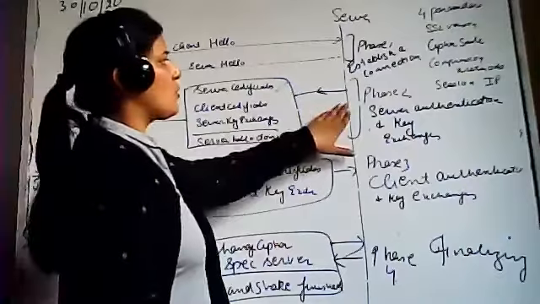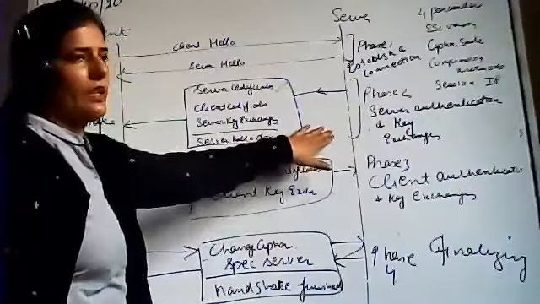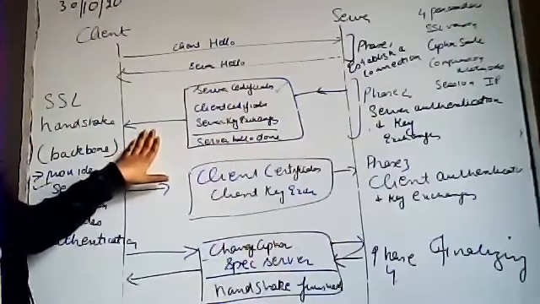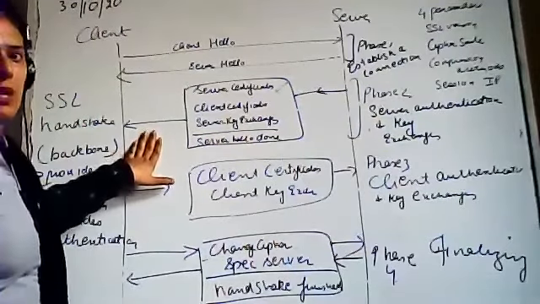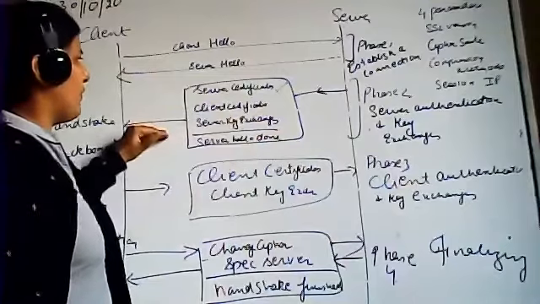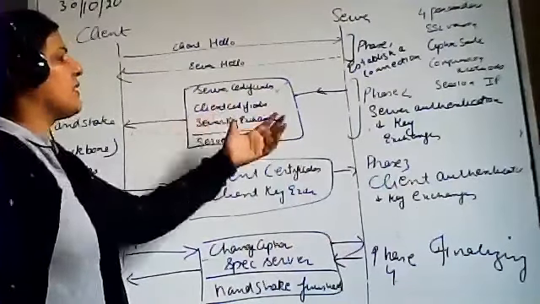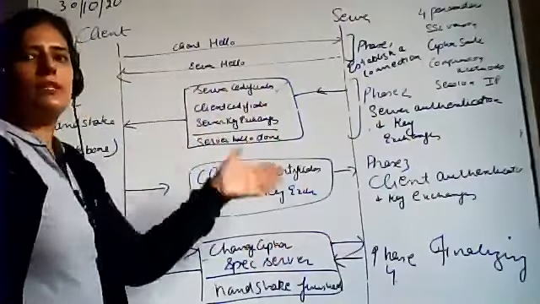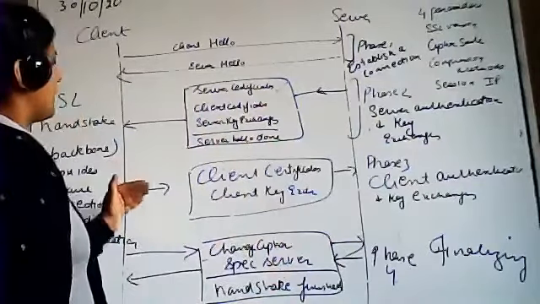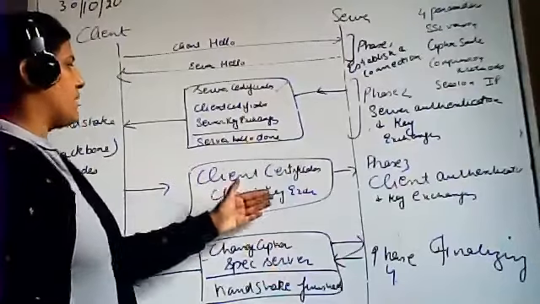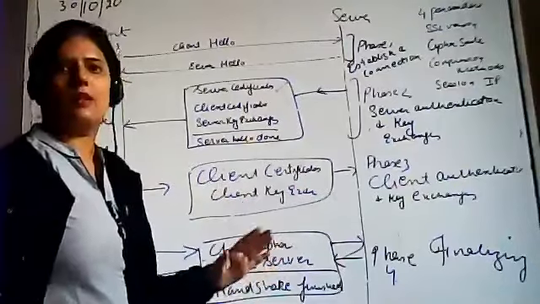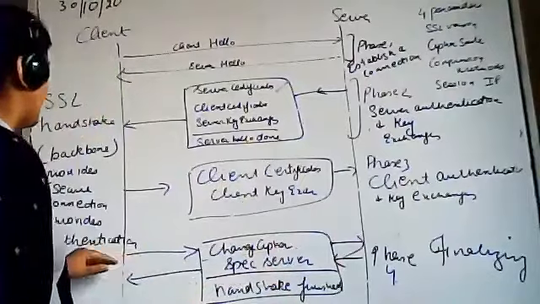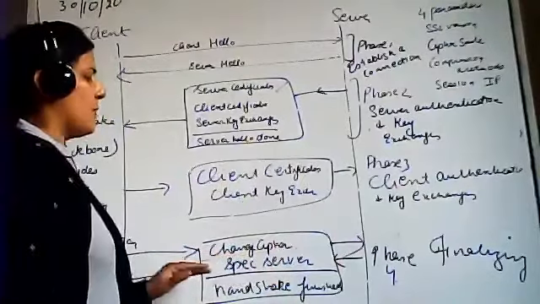After that, in phase 2, the server provides its authentication and the key exchanges. At this time, the client will not do anything, it will remain quiet, and the server will provide the certificates and all those keys that are available with the server. It will also request the client to give its certificate. In the third phase, the client will provide its certificates and the different keys that it will be using. Done. In the fourth phase, they will change all those cipher specifications.